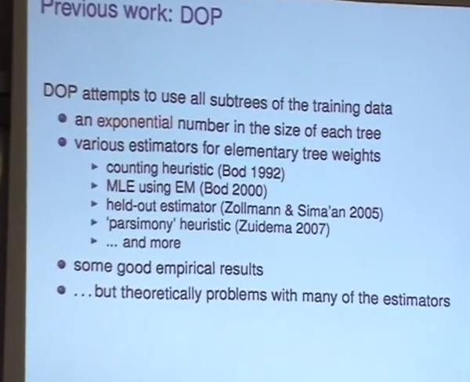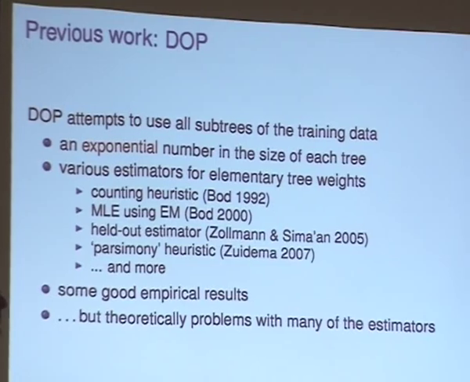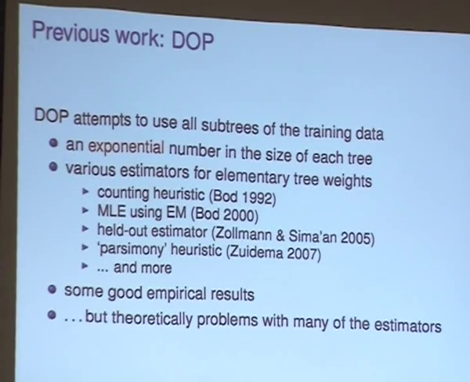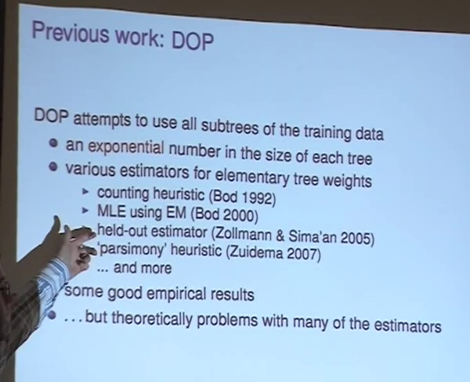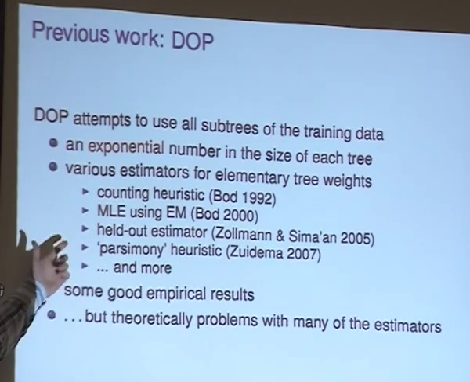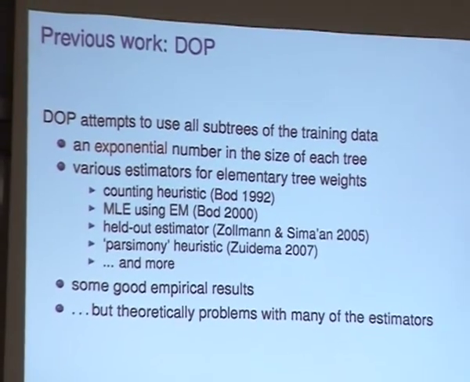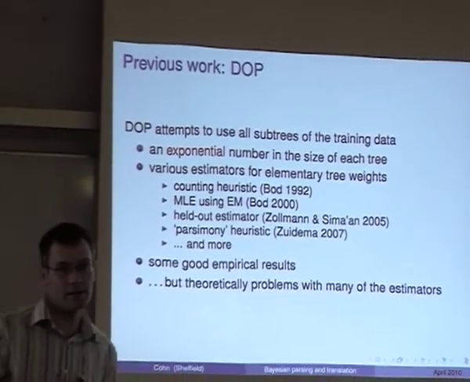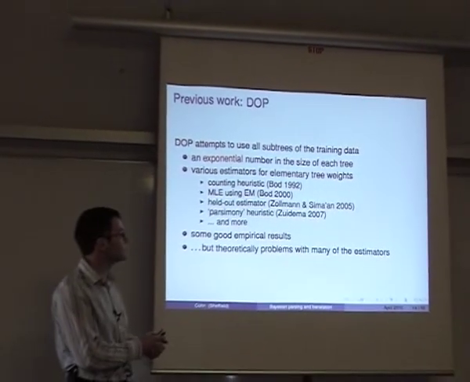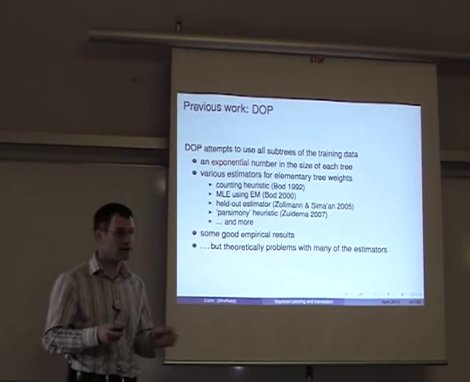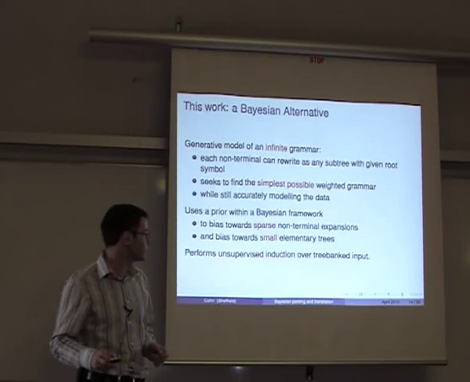They had a heuristic estimate that was improved after some problems were shown with it, using a maximum likelihood estimate with expectation maximization. There were certain problems with that as well. It has a degenerate solution where it does nothing. It learns entire big trees. So there has been some recent work in trying to properly regularize the model. One way uses a held-out estimator, another way uses some kind of explicit heuristic process to regularize the model. In general, there have been some good empirical results with this framework, but there are theoretical problems with quite a few of the estimators, and there's no clean, clear, simple probabilistic model, and that's what the work here is doing.